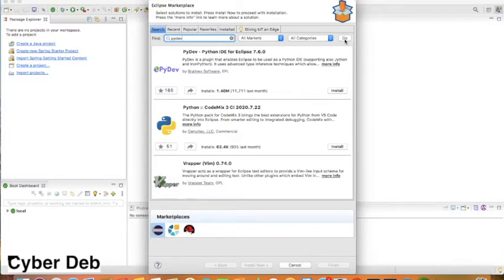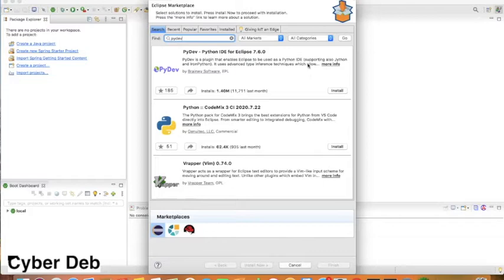You can debug, you can refactor, you can go for execution, you can go for developing Django applications, implementing the Django framework. So all the facilities are there. Once you search in the find box, you will type PyDev and click on Go.